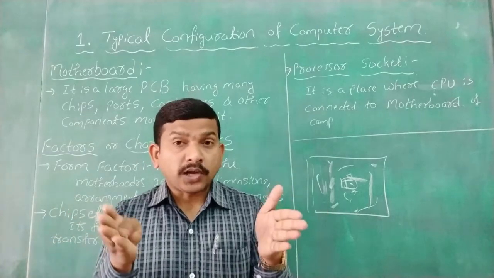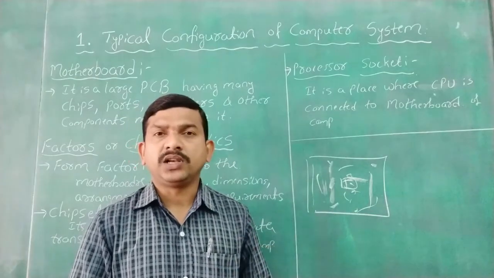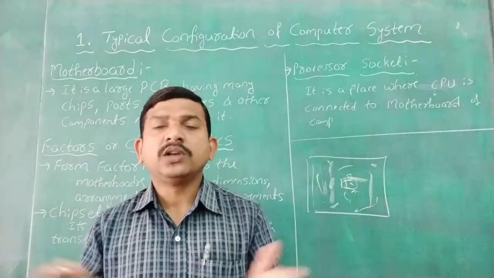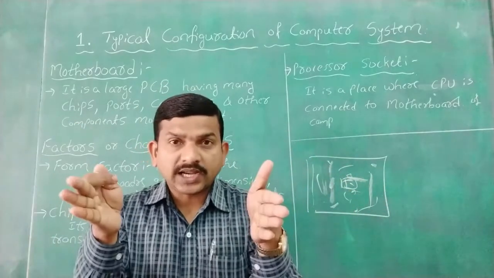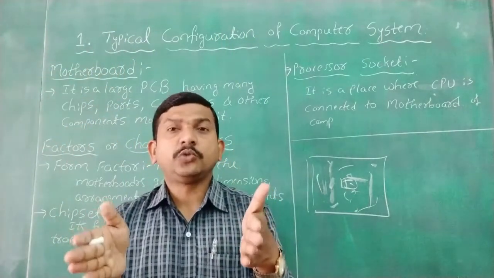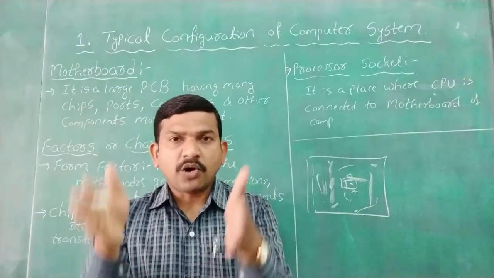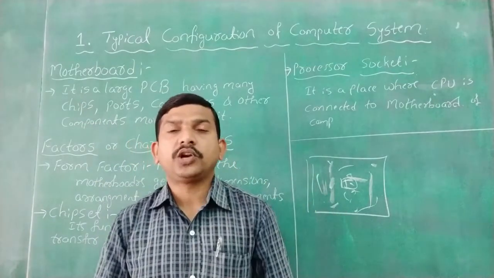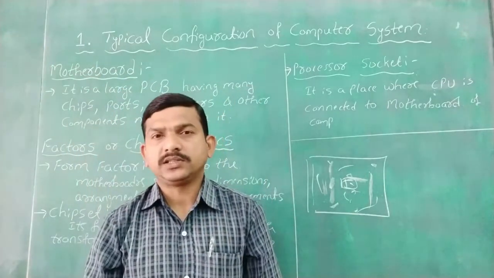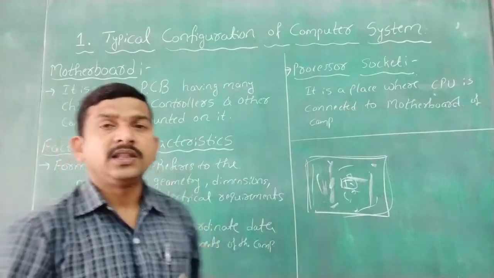On that board there are so many components. Later we will discuss them one by one. It contains some wires and some electronic components. So that those components do not get damaged, to protect them we use one box on the outside. Normally that box we call the CPU. That box contains only one board, the important board, and to protect it there is some outer coating. This board, the motherboard, we are discussing in this first chapter.